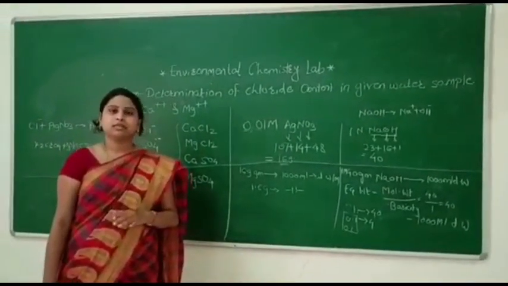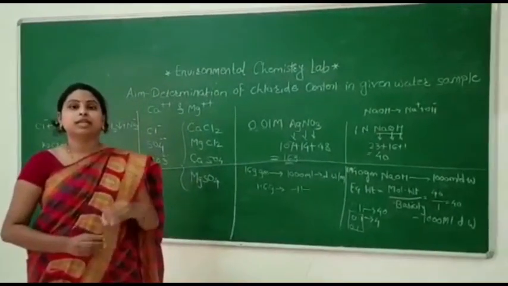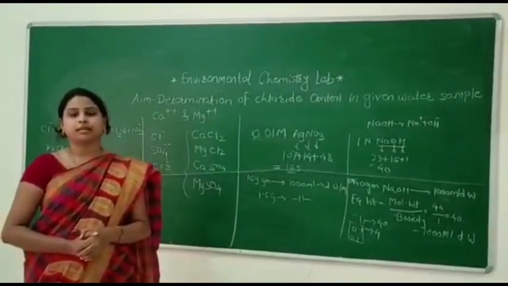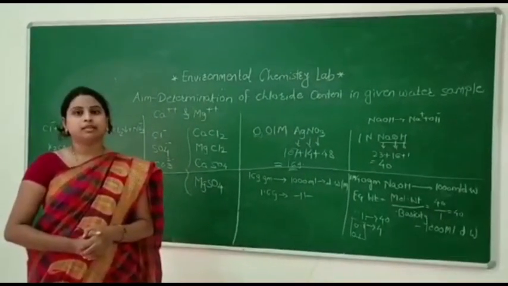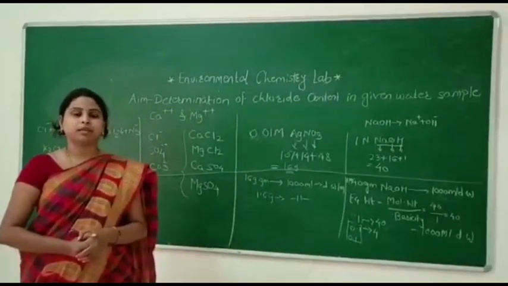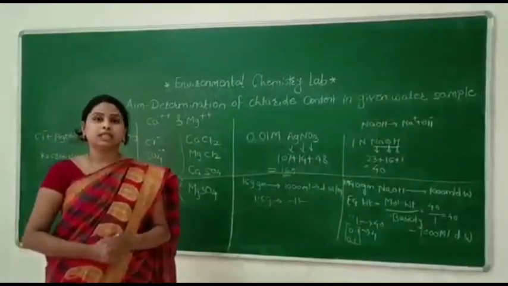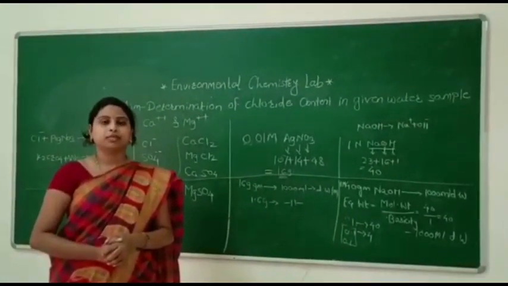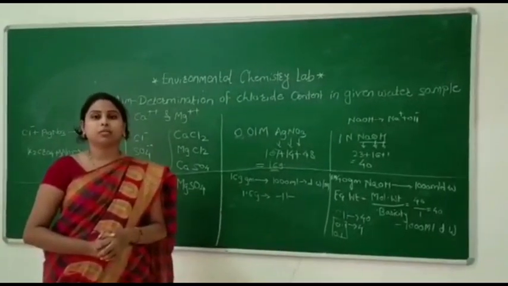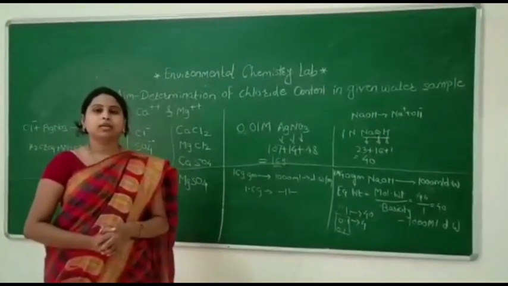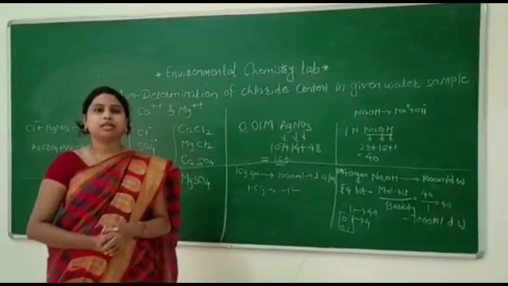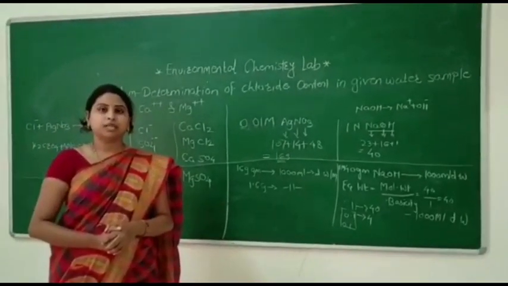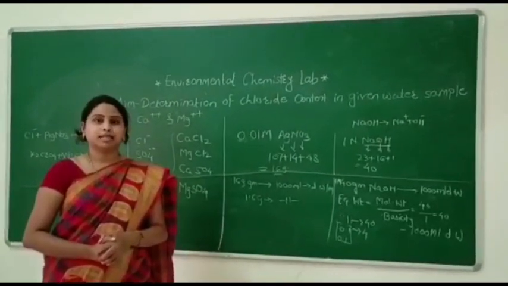As an engineer, you must know the essential purpose for determination of this chloride content. As you know, there are various industries like textile and paper industries where we have to generate steam. So boilers are used there. If your water contains chloride, then due to the high pressure and temperature, it gets converted into the acidic form and it gives you the formation of sludge and scales.